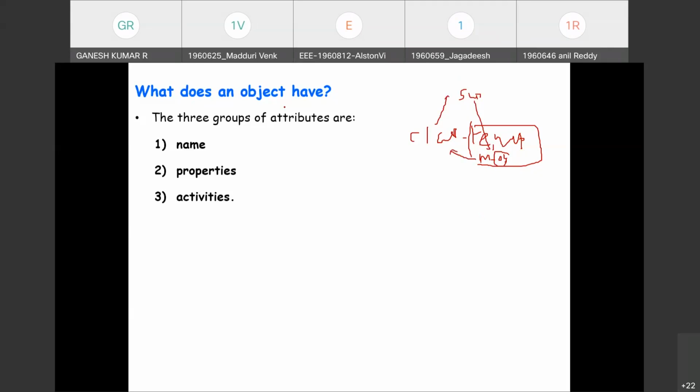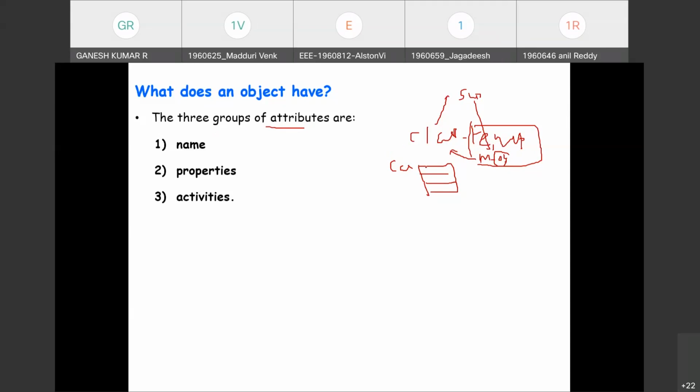Right? Now, what does the object have? As I said, the object programming convention assumes that every existing object may be equipped with three groups of attributes. Every object is understood with three groups of attributes, or we can say three compartments. If we say a car is an object, it is understood by the name of three basic attributes. There may be any number of attributes, but three fundamental attributes should be present. These three attributes are called three compartments.